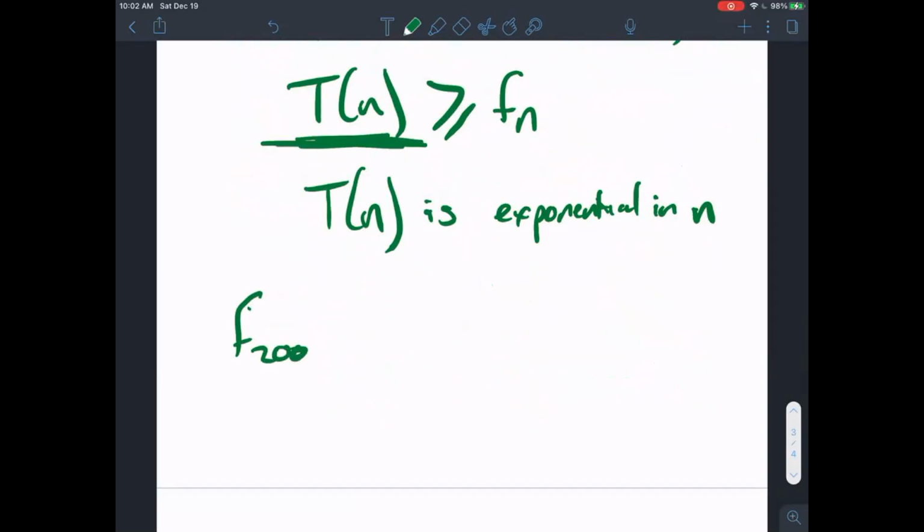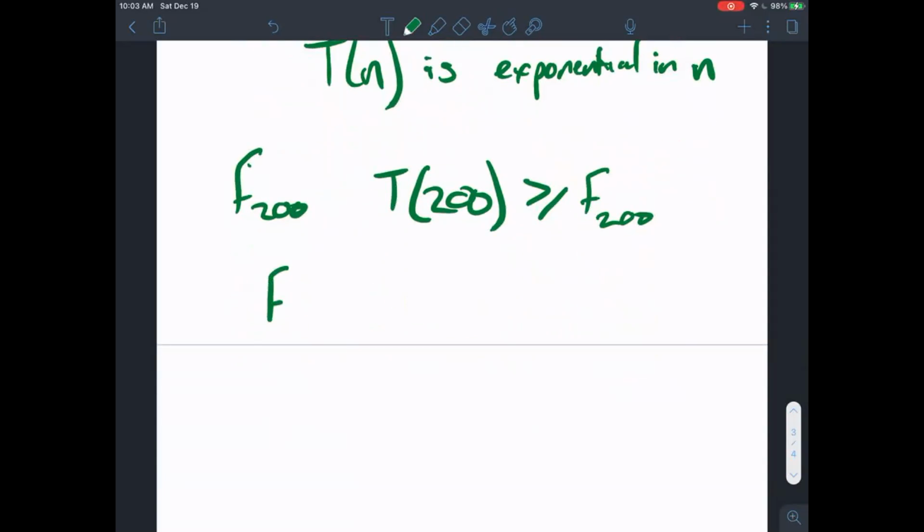So in order to compute Fib 200, the number of steps can be T of 200, but already we know that this is greater than F of 200. So now there's this rule which approximates